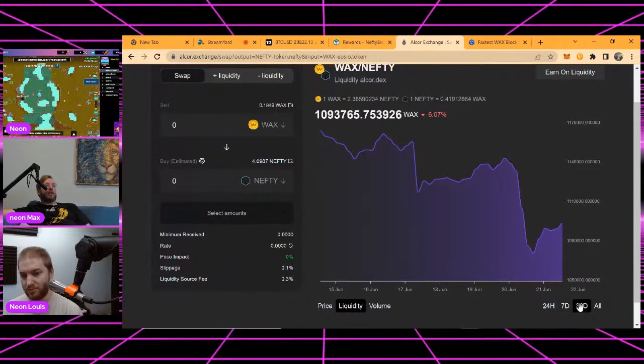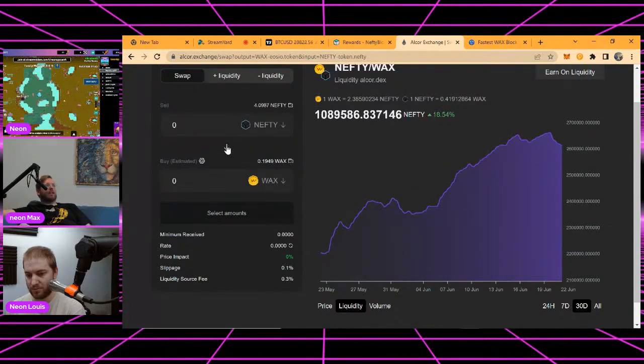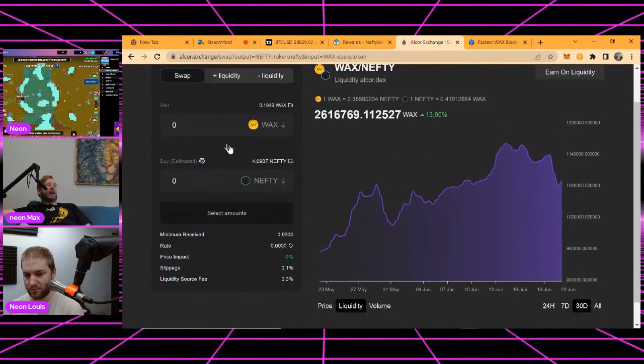And then here, if we go to a 30-day metric, that's not outside of the norm to see that type of a swing with volume moving out. And you can see here, Nefty token generally is moving in. And when we go back to the Wax, this is only showing the Wax side of the pool. So what we're seeing here is that there is